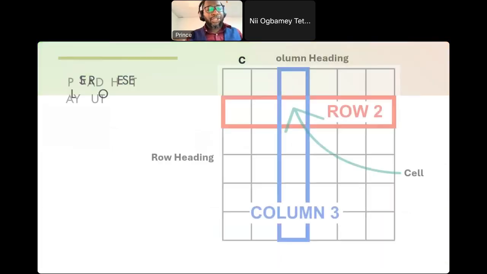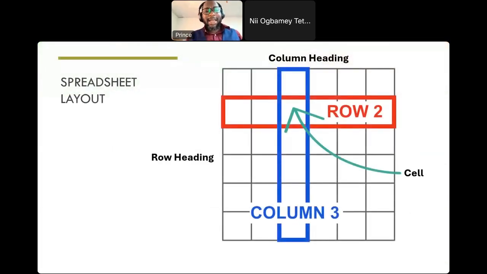But when we talk about spreadsheets, basically, as I indicated earlier on, we spread the sheet because they wanted more lines ruled. So when you get a spreadsheet, what you normally get is a lot of lines, boxes. You have the columns as the vertical ones, and you have the rows as the horizontal. So these are the columns. The first one will be column 1, the second one will be column 2, column 3, in that manner. Then we have the rows. So it follows in this manner.